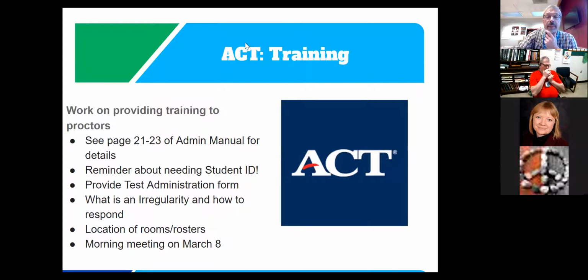I know that, yeah, any questions or anything? I know that one of the critical pieces that somehow always slips through is cell phone usage. To have a cell phone turned on, and if it were to go off during a test, is an irregularity. So in the past, one of the things that we've done is we've had students put their cell phones in a plastic bag. You can have them label it, or you can just have them put it in a box.